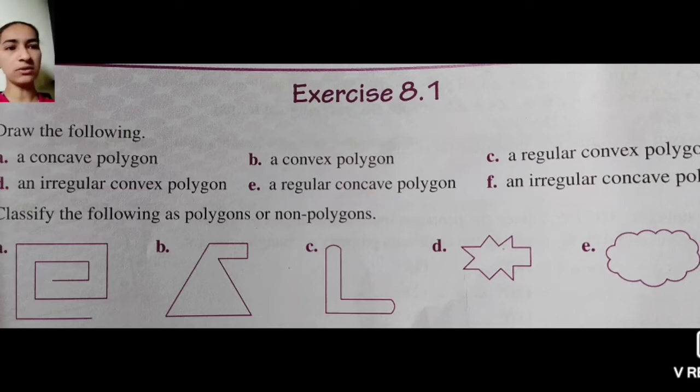Okay students, now see the D question. D is an example of a polygon. It is a closed figure and all the sides are line segments. Yes students, there is no curved figure in that and it is not open, so it is a polygon. But see the last one. Last is a non-polygon because it is made up of a curve shape.